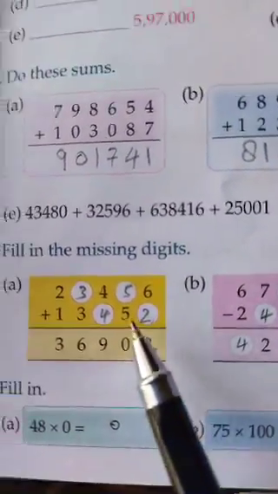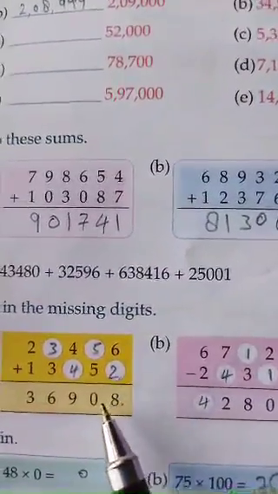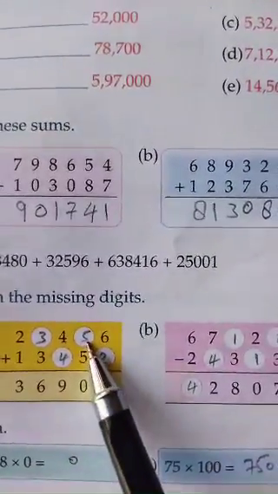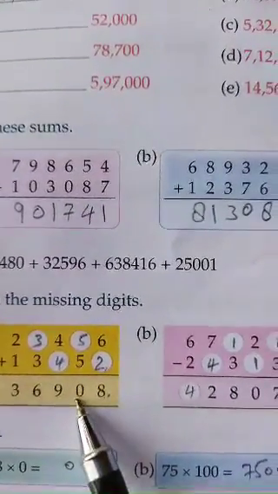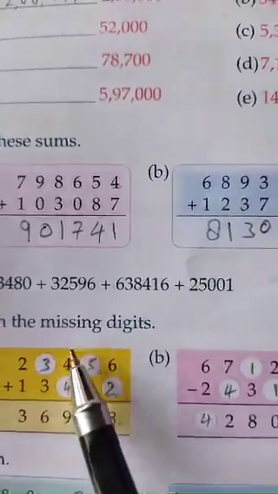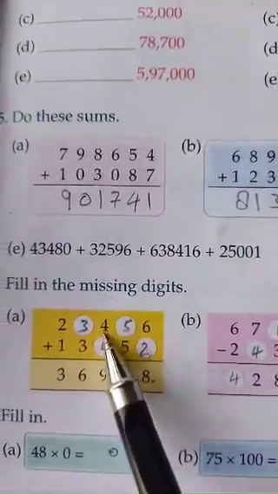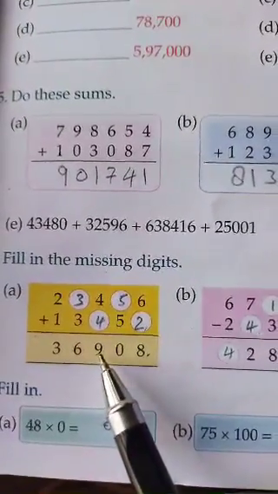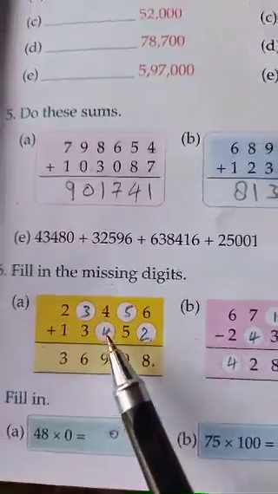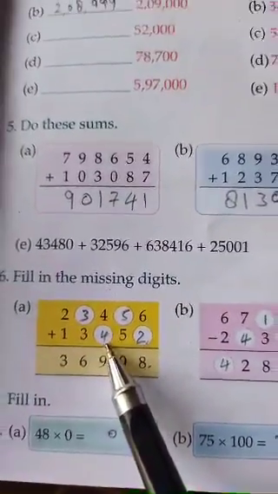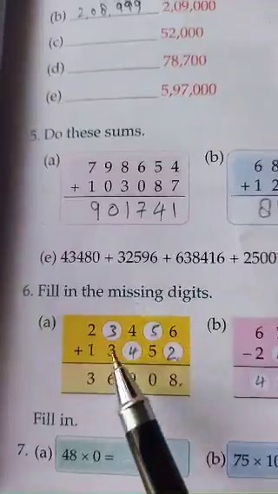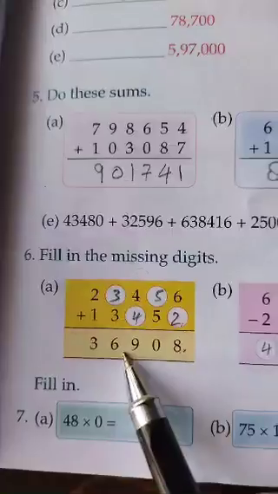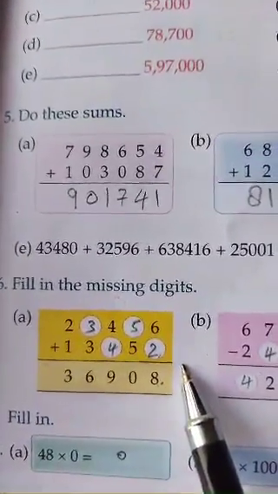Like this you have to fill. Then in 5 what will we add so that it will become 10? We will consider this 0 as 10. So it is 5. So 5 plus 5, 10. 10 means 0 here, then 1 goes to carry. Then 1 plus 4, 5. Then in 5 what will we add so that the answer will be 9? So it is 4. Now 3 is there. What should be added to get 6? It is 3. 3 plus 3, 6. Like this you have to solve this.